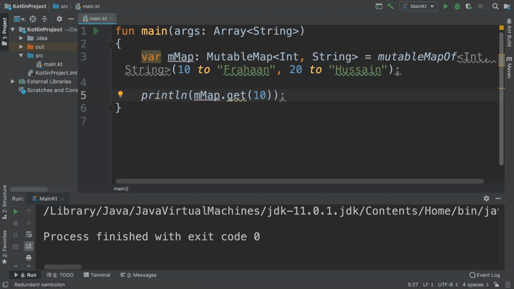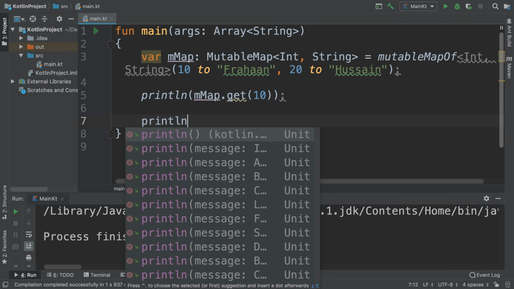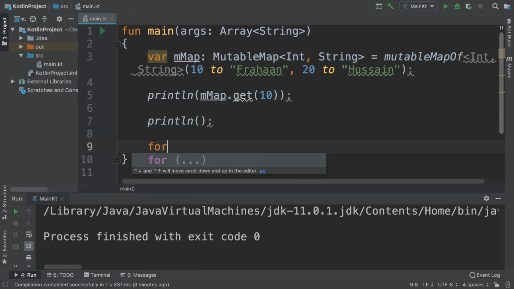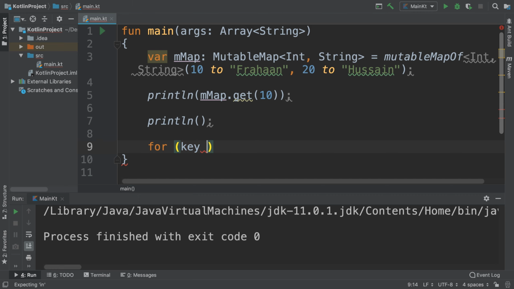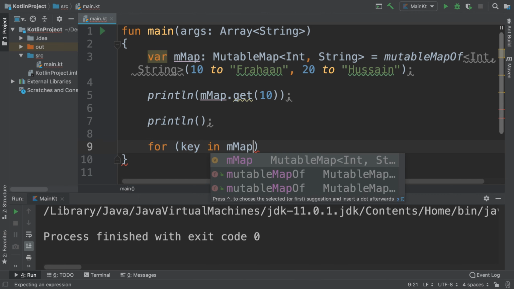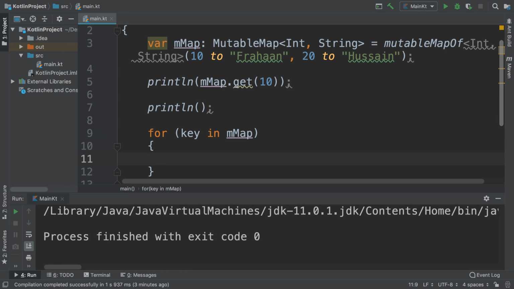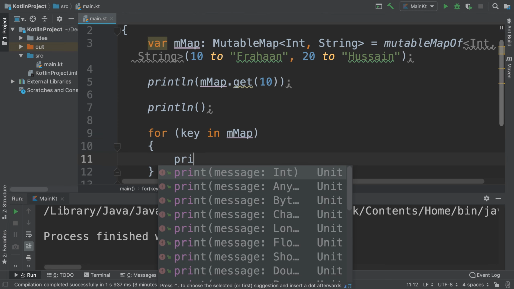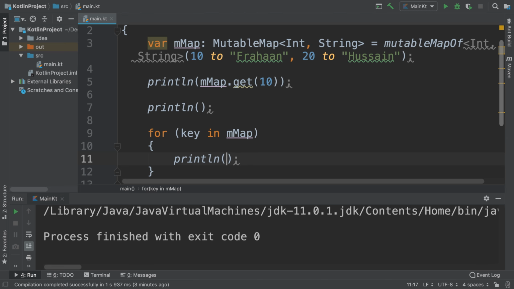You could also use square brackets to retrieve the value, which is what I'm going to show you in the for loop. I'm going to put an empty print line so we can see where the different sections we're printing start and end. And to be able to get all of the values, we do for key in, so we're getting all the keys, and that in turn will allow us to retrieve all the values. So if we do println mmap and put square brackets, and now if I put key right here,